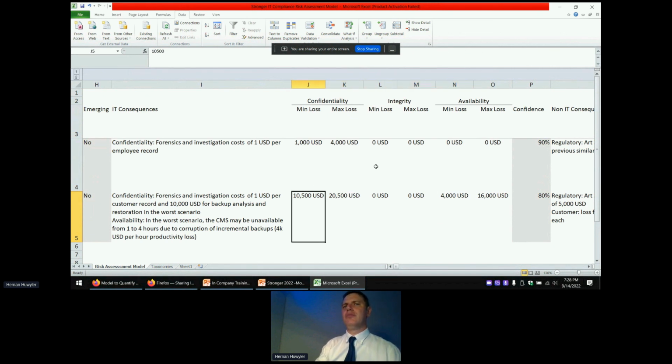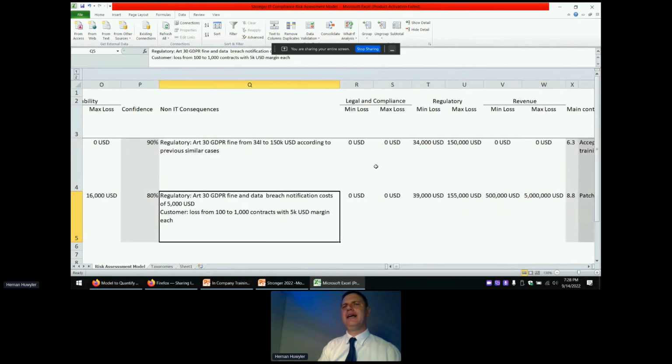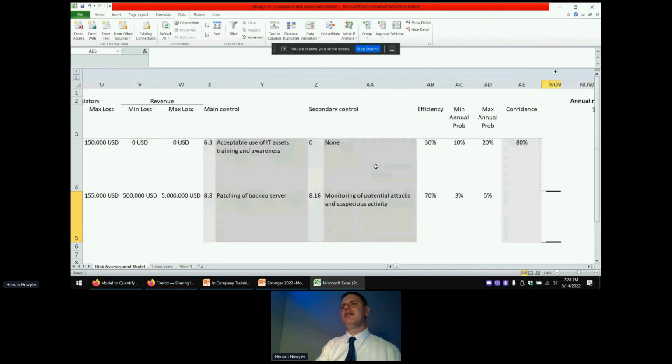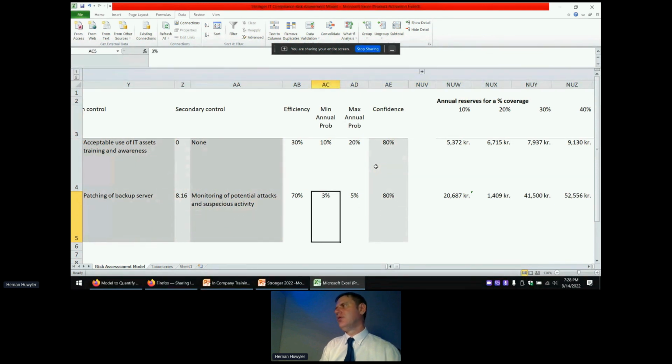You will need to work much more on the investigation because you need to restore the data in the confidentiality. And then finally, you will have a higher fine, and also you will lose clients. You can assess how much it will be the worst and the best scenario, linking the current controls to the ISO, and then doing exactly the same analysis. The risk will be more improbable to happen.